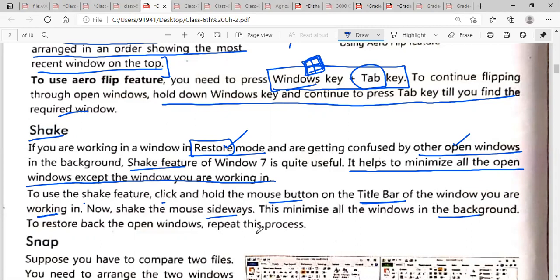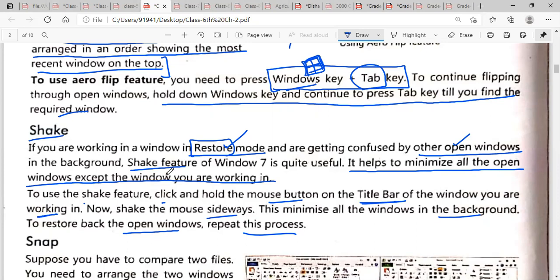Only the particular window on which you are working will be open and other windows will be minimized in the background. And to restore the open windows, repeat the same process.